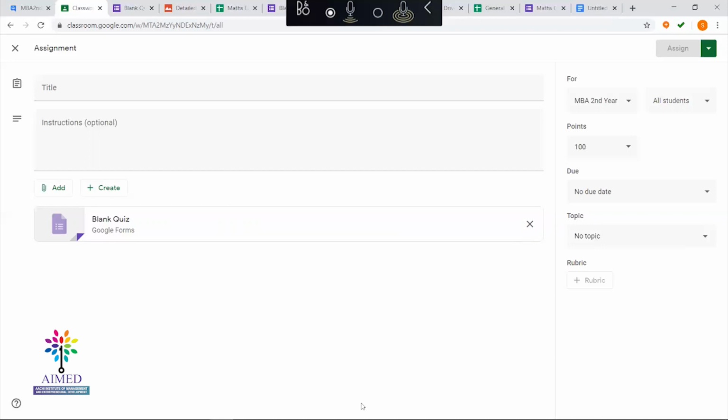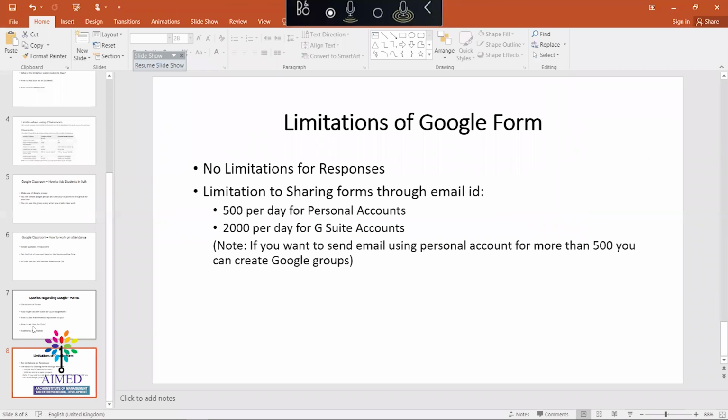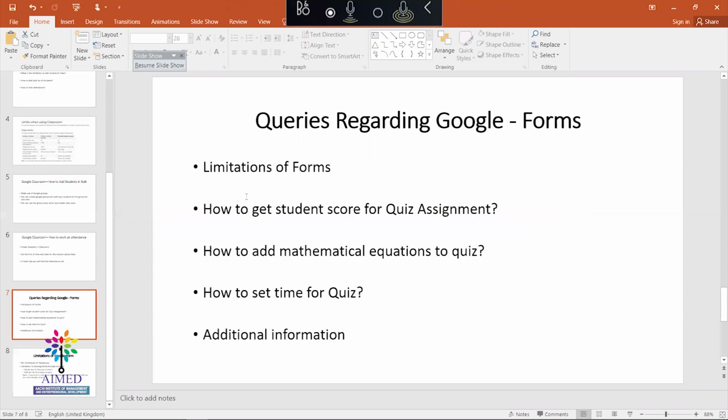So I hope I have shared the information. Further questions related to